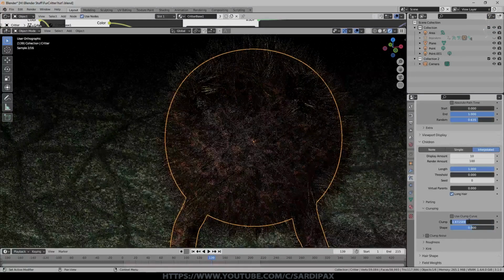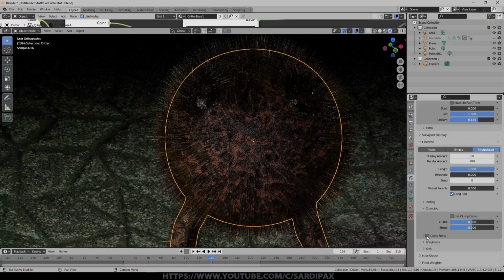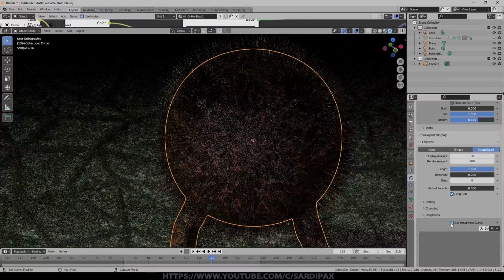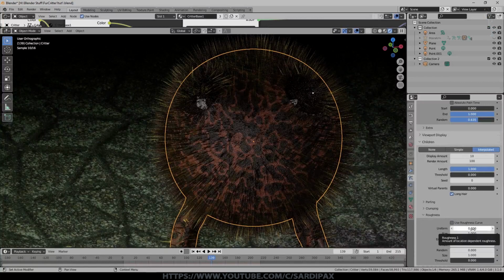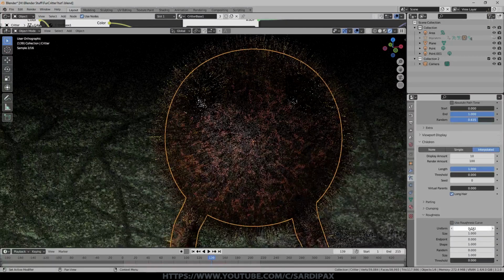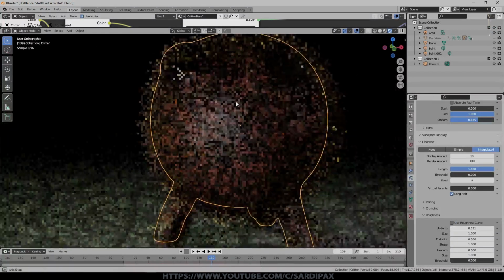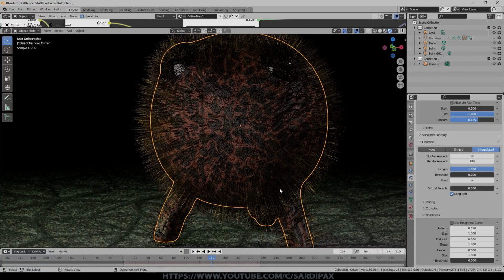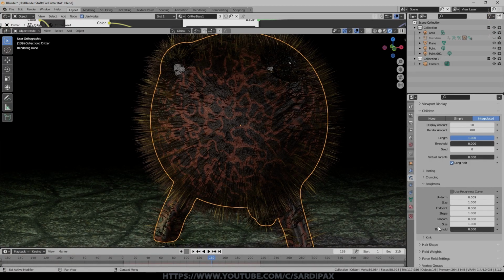So I'll just set that back to default, and you can add a noise amount in there as well to give you some variation. Roughness will give you a randomness. So currently 0, it's uniform, they're completely uniform, but as I start to turn that up, you'll see the angles of the children start to go all over the place. And it doesn't take very much to do that. If you're going to use this, I would say use quite a small number, because you only want a small variation, you don't want too much, depending on what you're trying to simulate. Hair tends to be very, very uniform on a small scale, but doesn't have to be, of course.